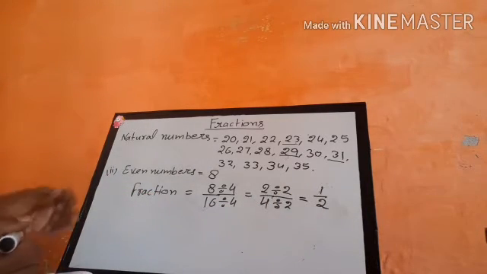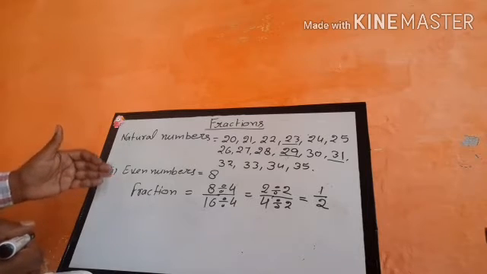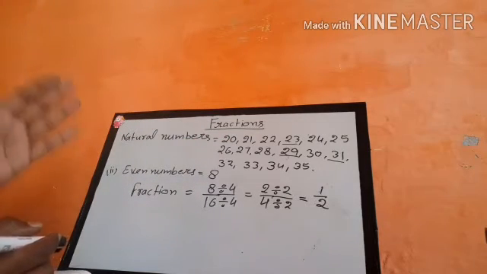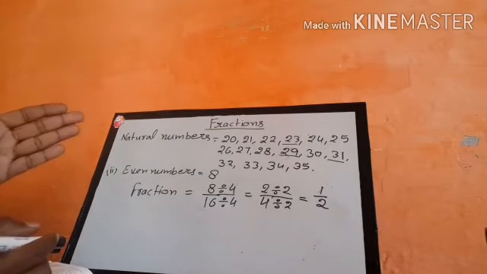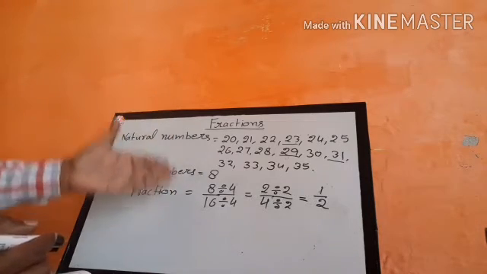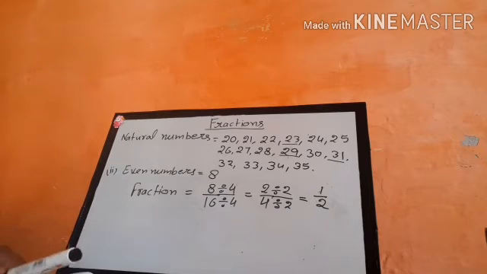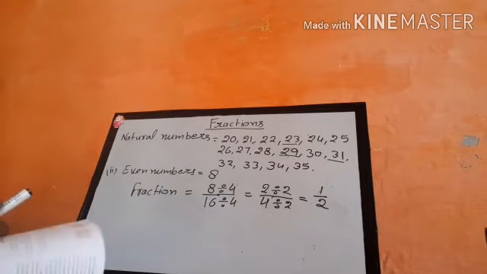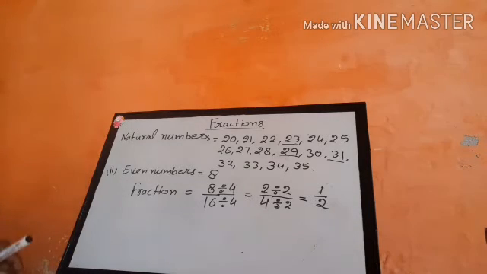So here the fraction of the even numbers is 1 upon 2. Means out of 16, half of the numbers are even, that is 8. 8 is half of 16, right? Yes, it is something we already do in daily life. Students, I am taking these questions from your book, that is exercise 7a. So here I have told you two examples of this exercise. The rest of the questions you can attempt yourself.